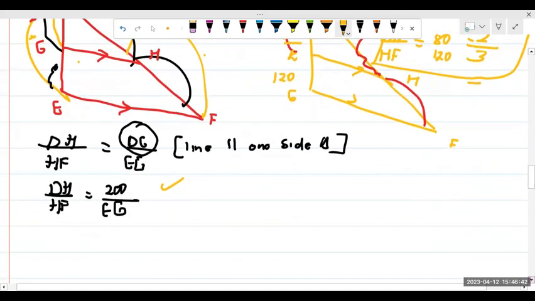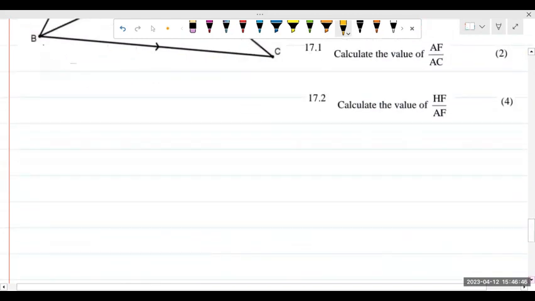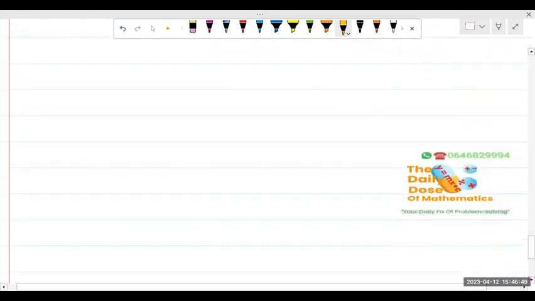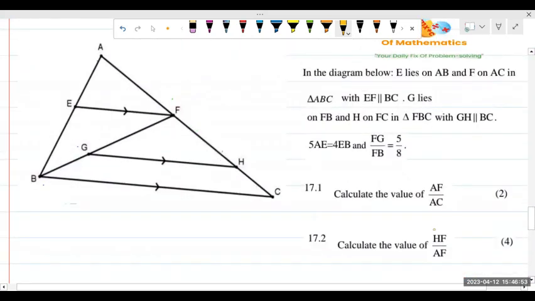Come and check the following. Start with this one. It's fine. Start with this one. Let's determine